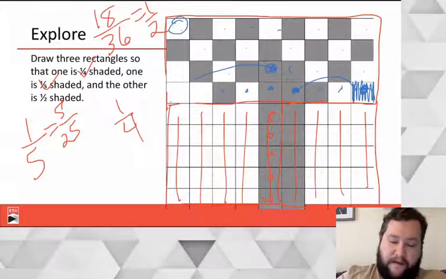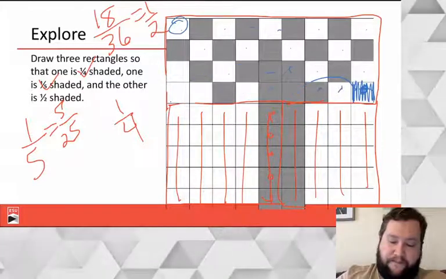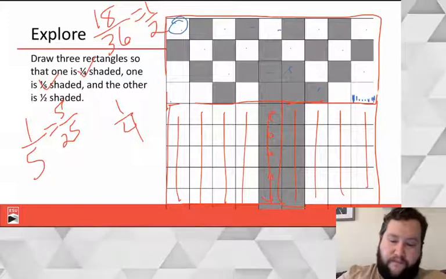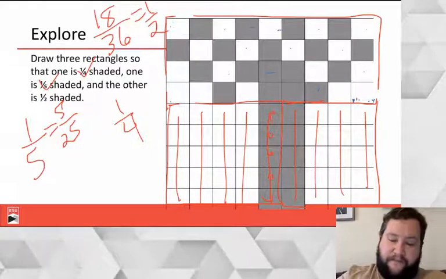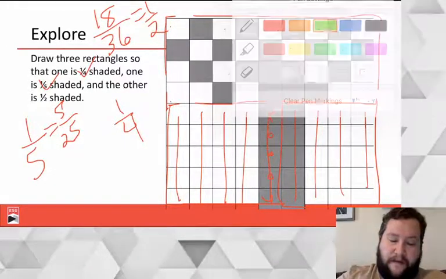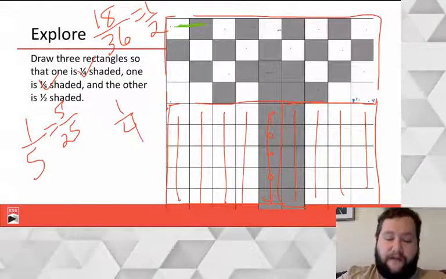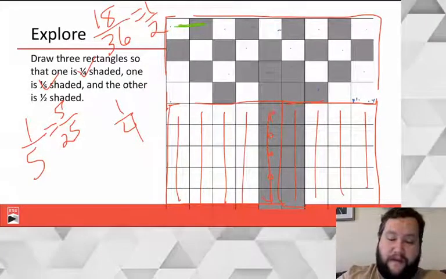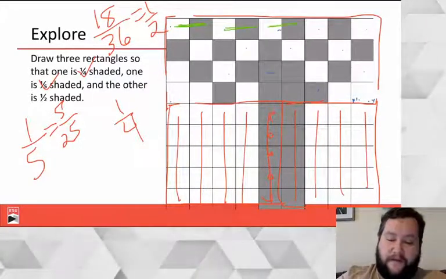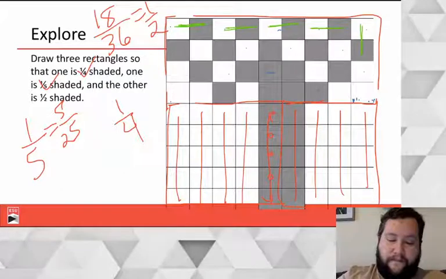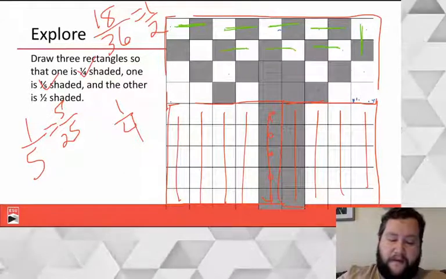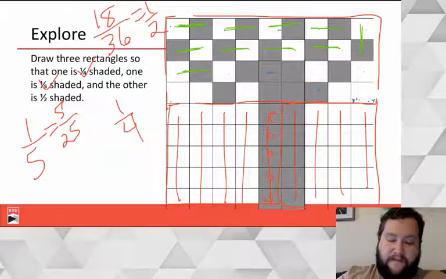Another way we could do this is we could look at, there's a pair of two that are half shaded, half unshaded. So what we can do is we can look for these pairs. And as long as we can completely fill this out,